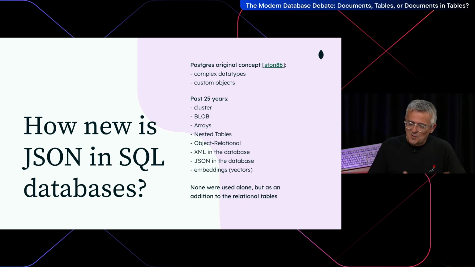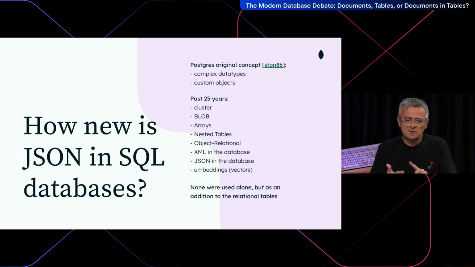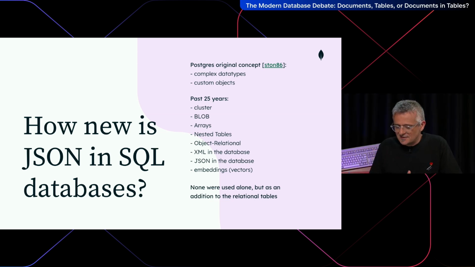I've been working with different RDBMS for a long time, and I've always seen arrays, objects, nested tables, whatever way we call it. XML was the thing at some point. And so yeah, today JSON is quite nice because it's easy to parse by the application, also easy to read, but also we put vectors today, so putting more than atomic data types in a database, that's not new, it already exists for a long time.